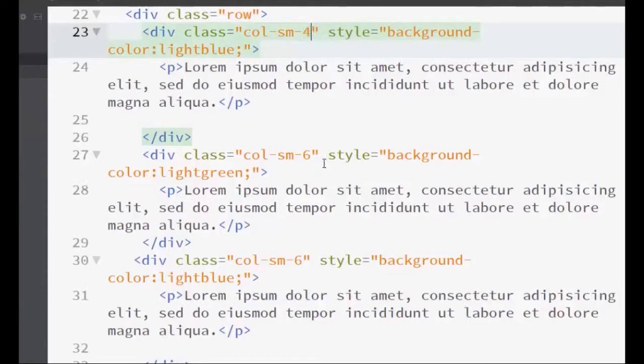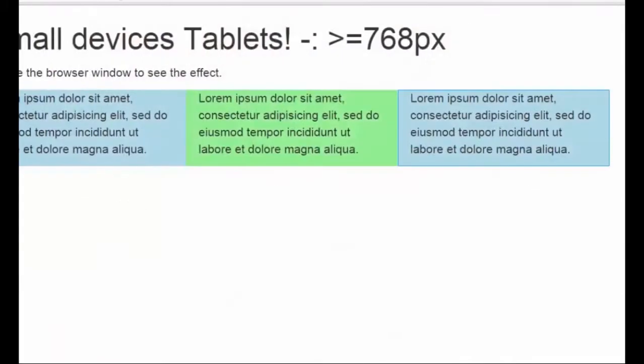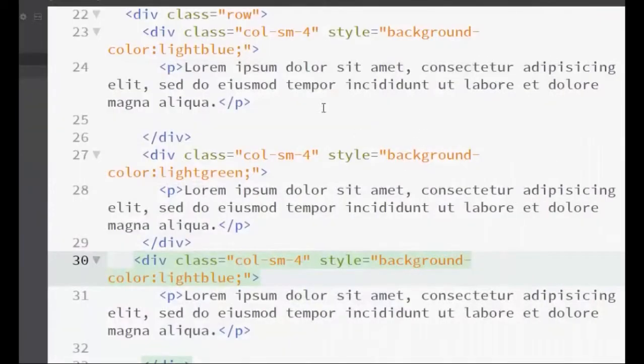We can change it simply to 4, this one to 4 and this one to 4. Now if I save it, notice that these are lying next to each other really perfectly. And this is the power of Bootstrap and why most people like Bootstrap. Just add the numbers up to 12 and all of the things are going to remain calm and safe. This is the one part that you should always be worried about. Now, although there are many conventions lying around for the smaller ones, the important part is all what I have told you. You can make a lot of changes like in the background style and all of that.